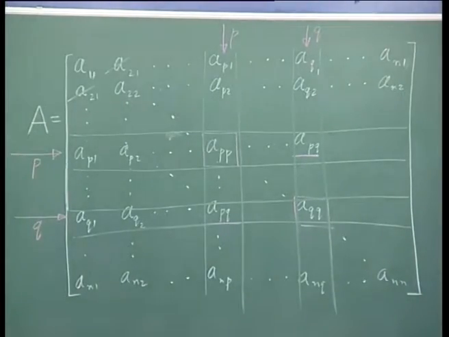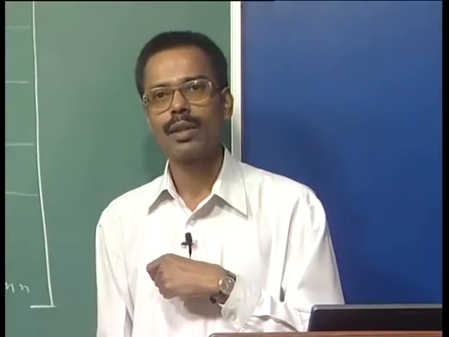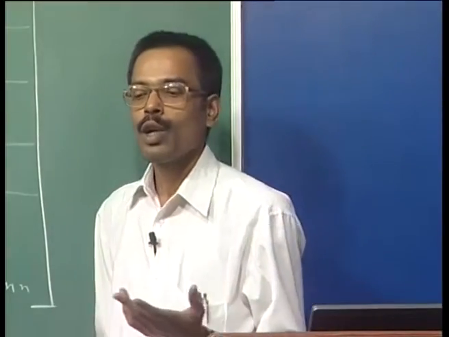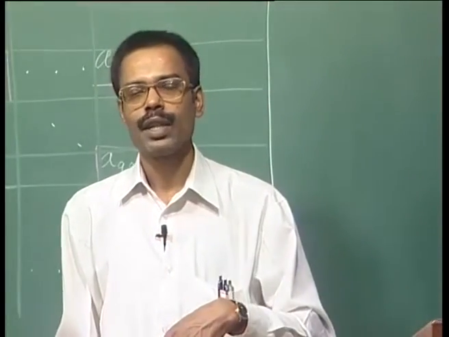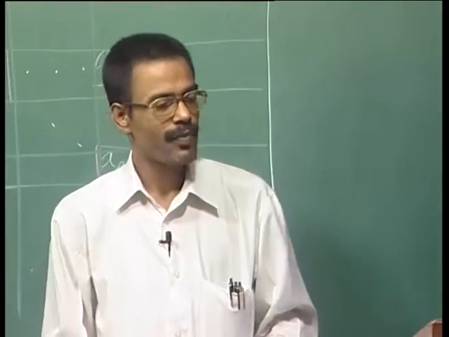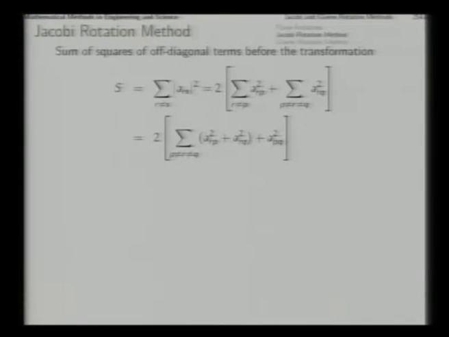Then the question arises: what was the necessity of applying Jacobi rotations in a full sweep, or rather, what is the advantage of doing it? If older zeros are spoilt in later operations, then what was the great advantage of setting the zeros in the first place? In order to notice that, we need to make a little calculation, and there we define this sum of the squares of all the off diagonal elements.